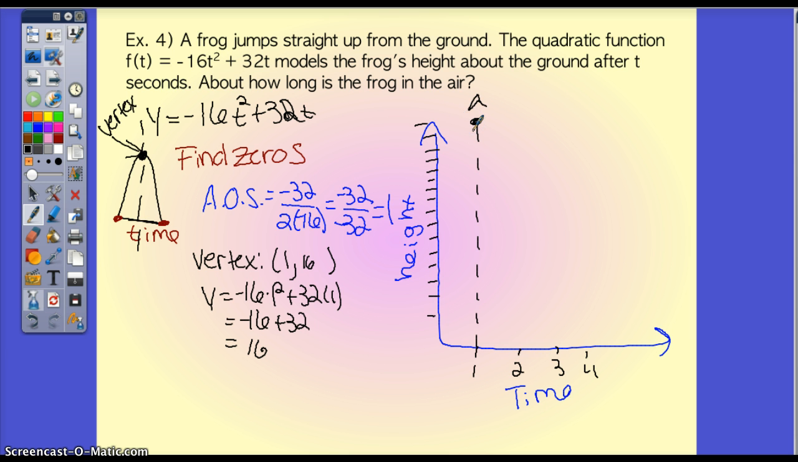Now think about this. If we get our y-intercept, notice that there is no c. So I'm going to put a plus 0. So we know that that is